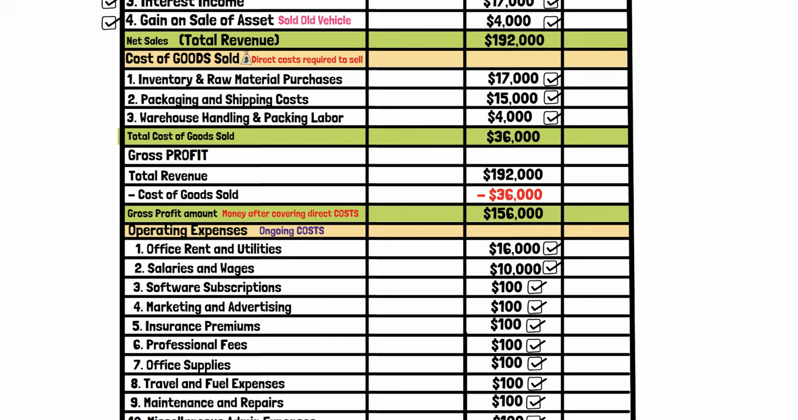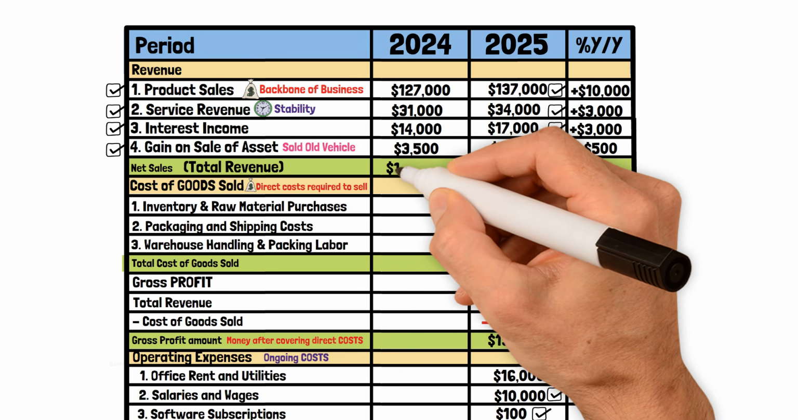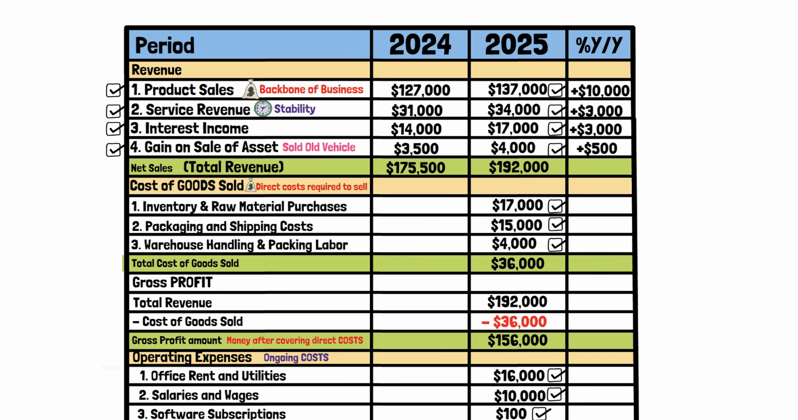Now, let us compare the performance of this business between the year 2024 and 2025 to clearly understand what improved, what stayed stable, and what decisions actually drove higher profitability. In 2024, total revenue stood at $175,500, while in 2025 it increased to $192,000. This means revenue grew by